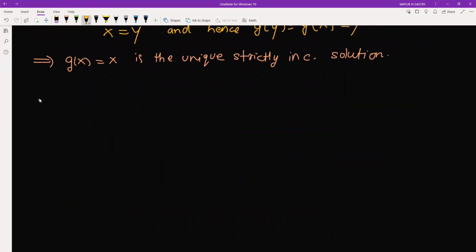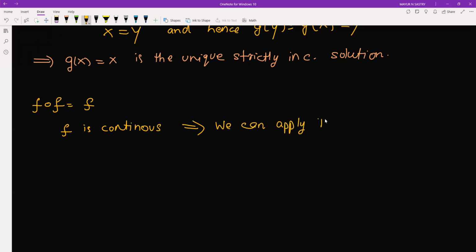So we know that f o f is equal to f, and first of all, f is actually continuous. So we can apply the intermediate value theorem again to f, to conclude that if a, b are in the range of f,